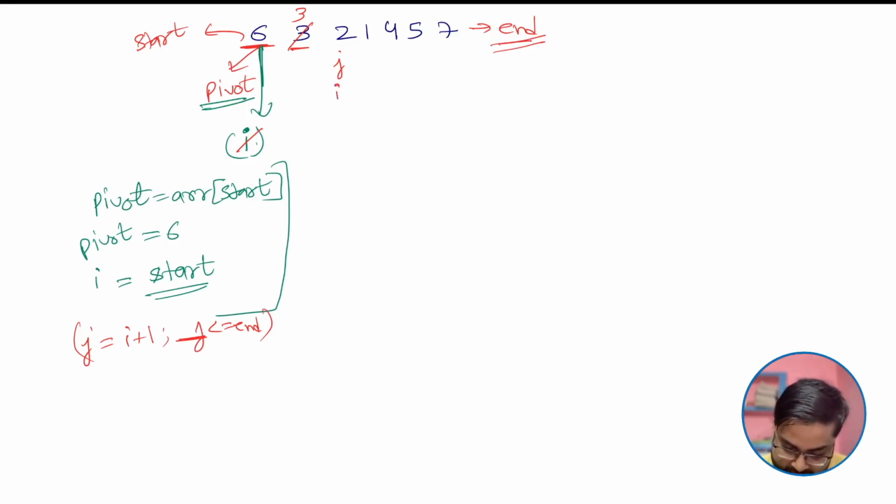So I will be here, j will be here. I will again swap 2 with 2. Okay, now increment j. So now my j will be this. Now check if array at j position is less than my pivot element. Yes. So what I will do, I will again increment my I count